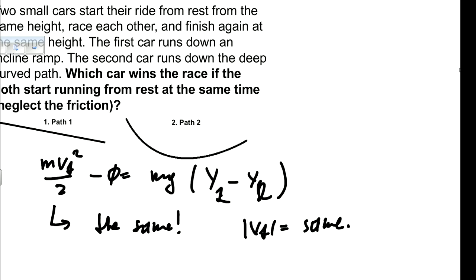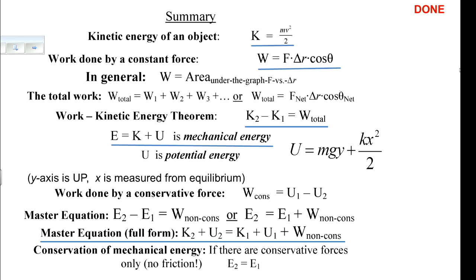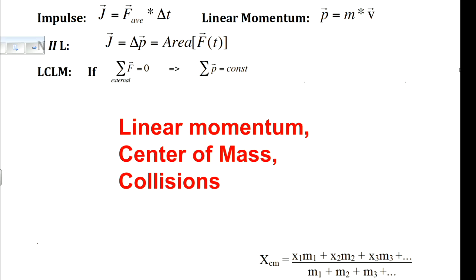But time is different. But again, if you look at the second track, it's longer. So we would expect from our intuition, longer path requires more time. Turns out, not the case in this case. So again, don't always follow your feelings. Do the math. This is what we've studied up to now. Everything about energy, work. This is what we need to do.